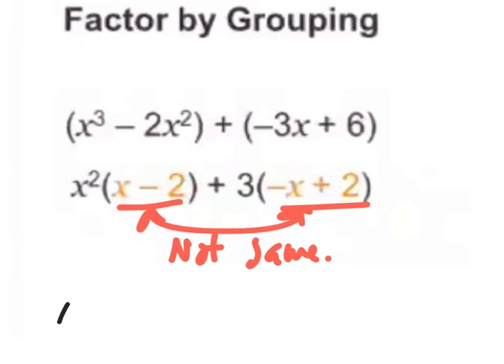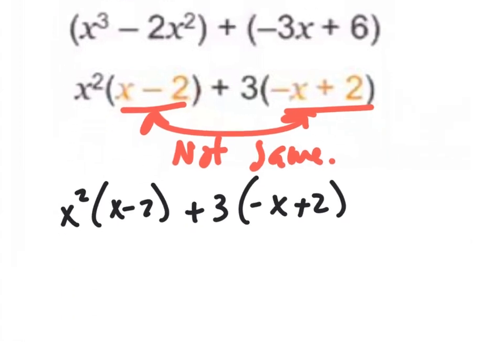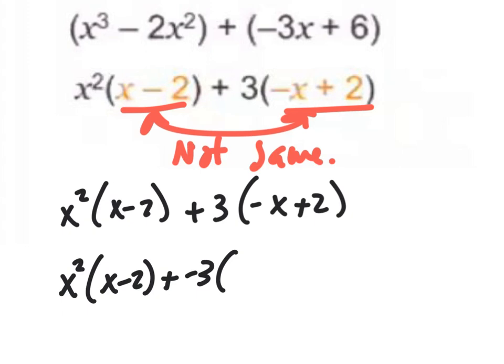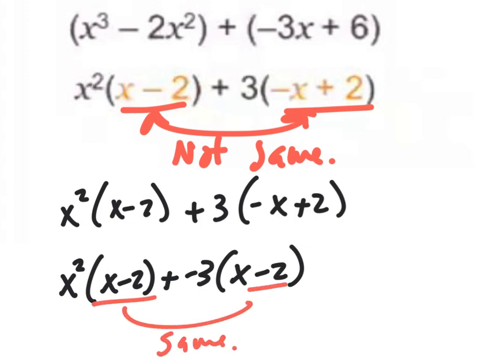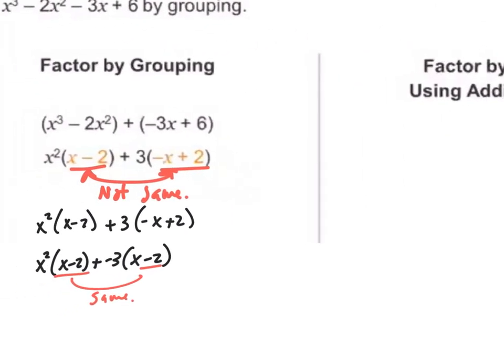So if I rewrite this, you've got x squared times x minus 2 plus 3 times negative x plus 2. You could still factor out that negative and say, okay, this is really just x squared times x minus 2. And then if you factored out another negative and made it positive, or added a negative 3, that leaves you with just an x and then a minus 2. Okay, and then you have the same thing. So that's the idea behind that. The negatives can kind of screw you up, but let's go ahead, instead of having to make that realization every time,